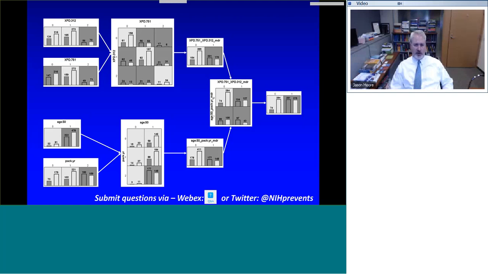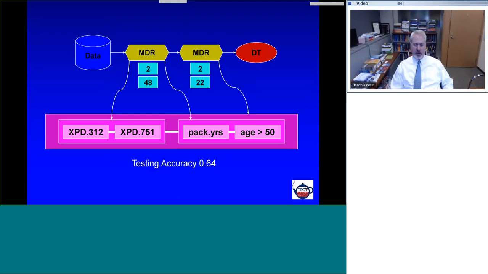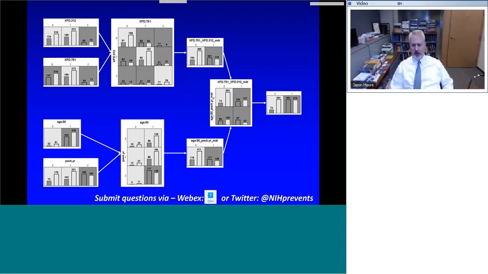So then what MDR is doing in this first step of the pipeline, shown here, is it's taking the 2 genetic factors, putting them together in 2-dimensional space, and doing the same for smoking and age, and then collapsing that 2-dimensional space to a single factor shown in the middle there, the single constructed feature. Okay, so that's the first part of this pipeline. And if you look at the 2 genetic features together, you can see the non-additive pattern of the genetic effects there, that kind of diagonal crisscross pattern. Okay, and the second part of this pipeline, it's taking these 2 constructed features and putting them together into the 2x2 box shown on the right side of the slide, and then doing a final feature construction to make a final feature,